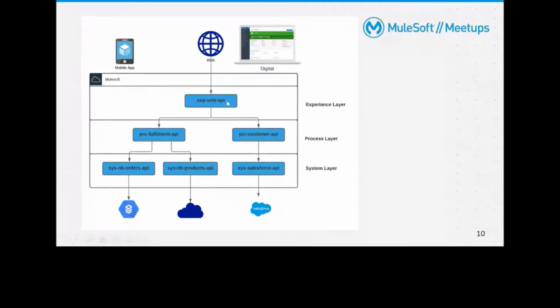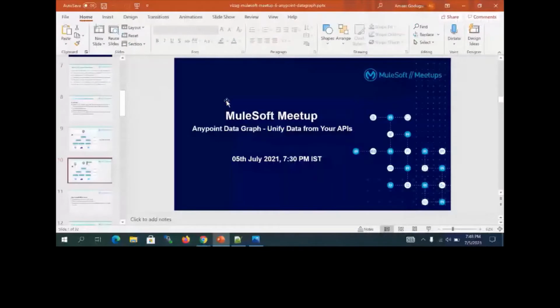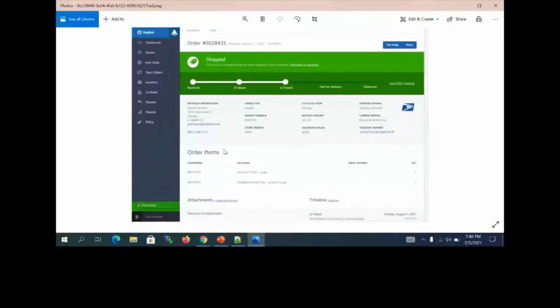Now, that is one benefit. The second thing is, imagine this is the web page I have. I just took it as an example. Over here, I have some customer details, some order details, and some fulfillment details like tracking details and so on. If I want to fill this page with all the data,